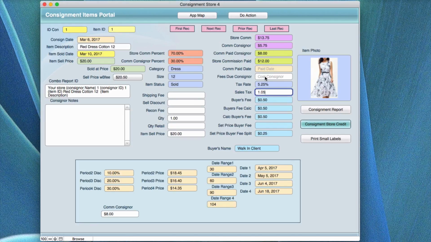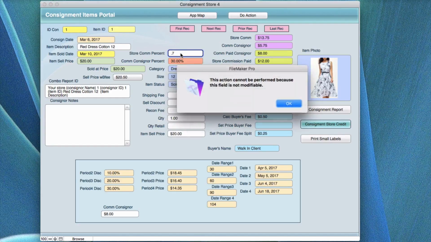So if I put the dollar amount in here for the consignor commission, it would reduce this consignor amount to whatever that is minus the fees. Information that's very important to you as far as the store commission and the consignor commission: you can change either one of these to modify it. For example, if I put in here 0.5,